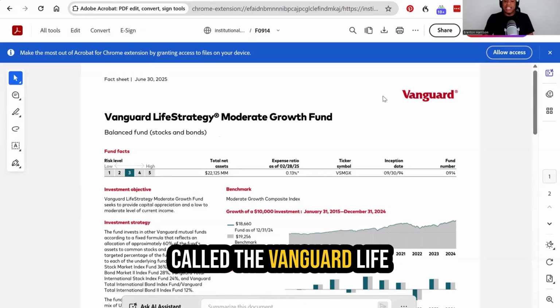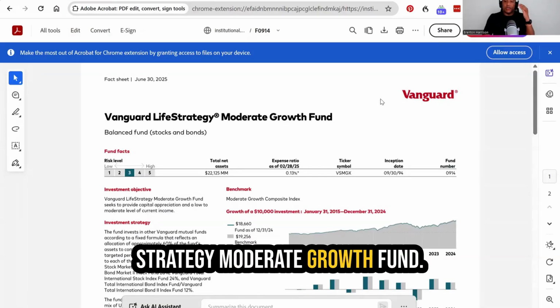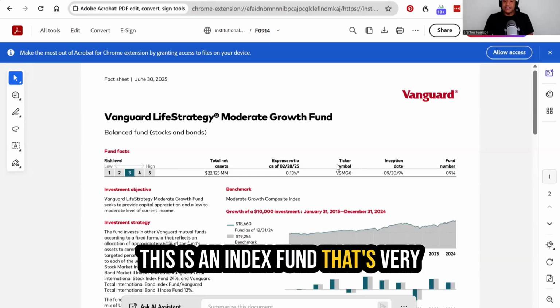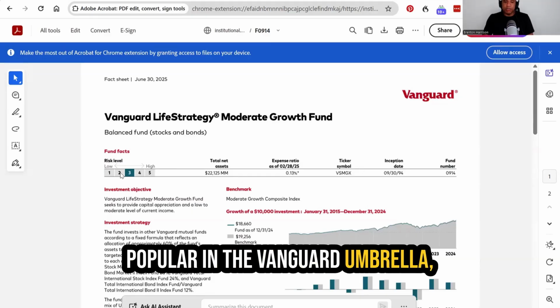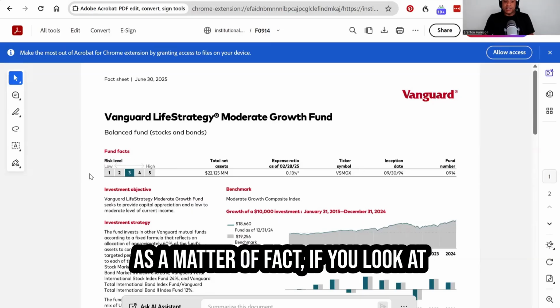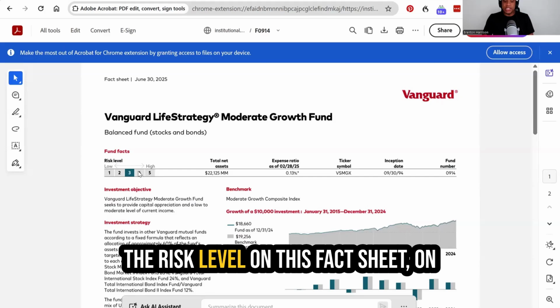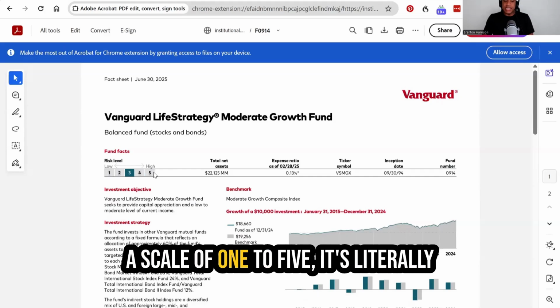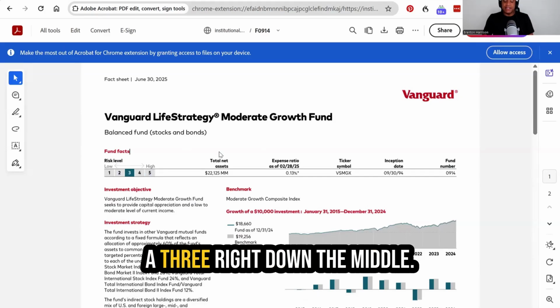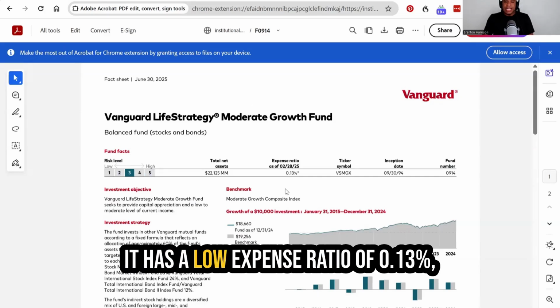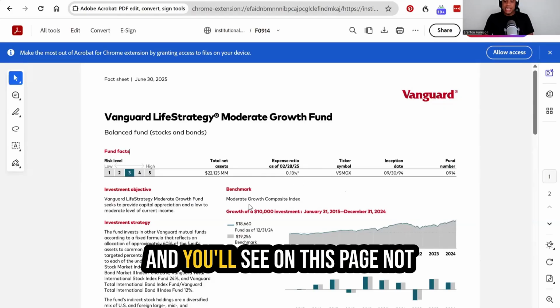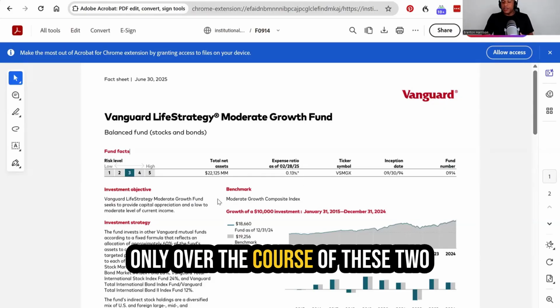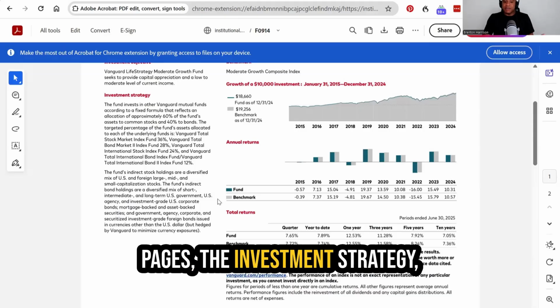investment called the Vanguard LifeStrategy Moderate Growth Fund. This is an index fund that's very popular in the Vanguard umbrella, and it's for moderate investors. As a matter of fact, if you look at the risk level on this fact sheet, on a scale of 1 to 5, it's literally a 3, right down the middle. It has a low expense ratio of 0.13%. And you'll see on this page, not only over the course of these 2 pages, the investment strategy, the